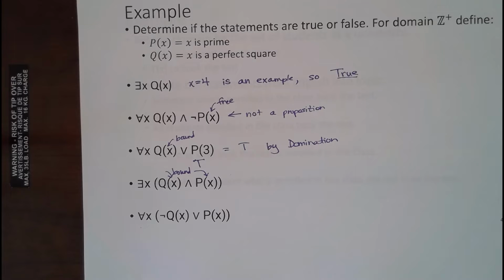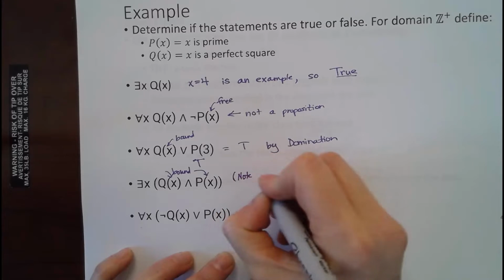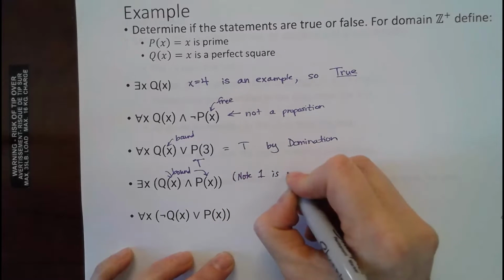And now the question is, 1 is a perfect square, is 1 prime? No, it's not. I see Evan telling me, no, it's not. So 1 is not. Prime numbers have to have 2 factors, 1 and themselves. It can't be the same number. So prime numbers are 2 and larger. Okay. So the only possible candidate that we might be able to think of is 1, but 1 isn't prime. Okay. So, let's make a little note here. 1 is not prime.